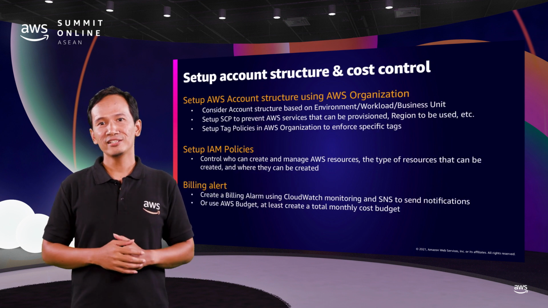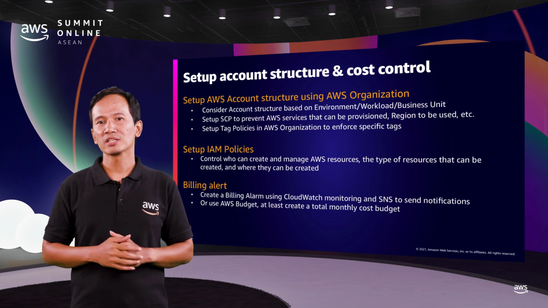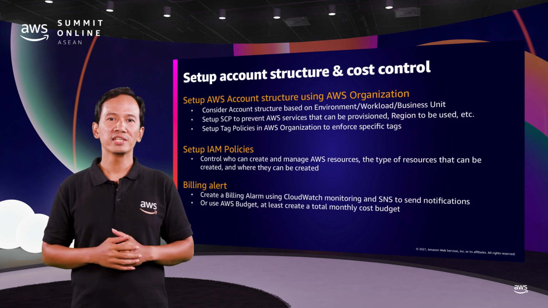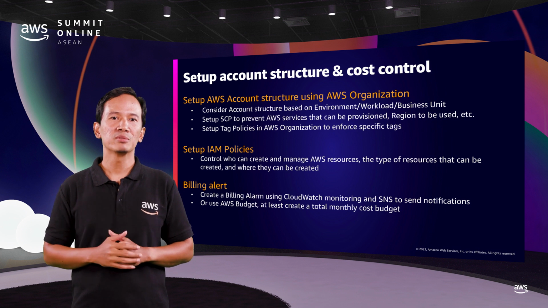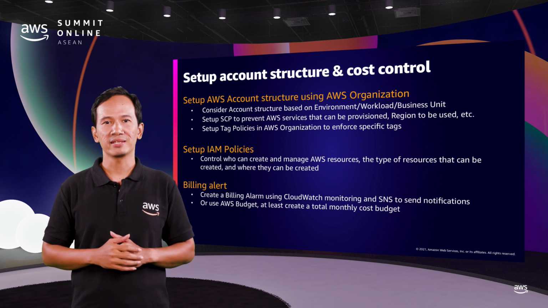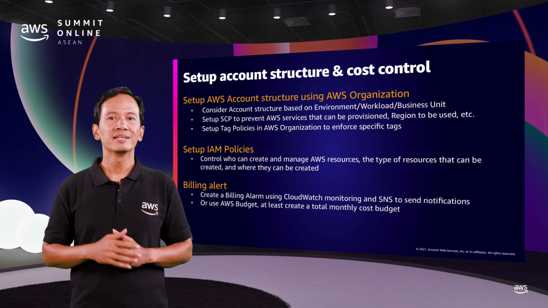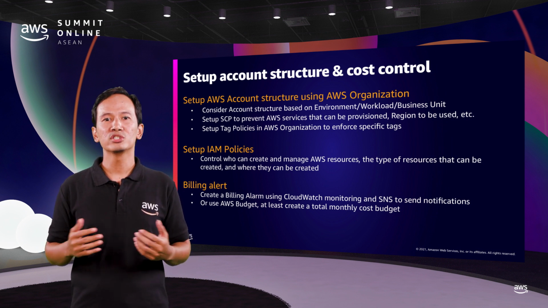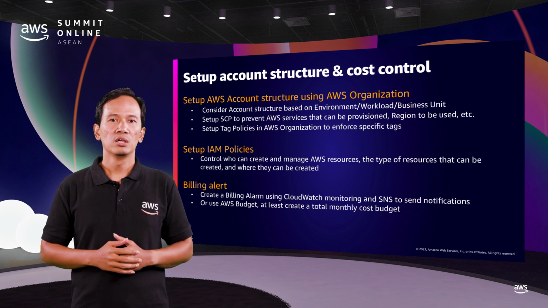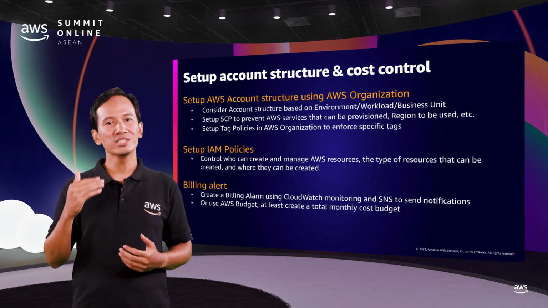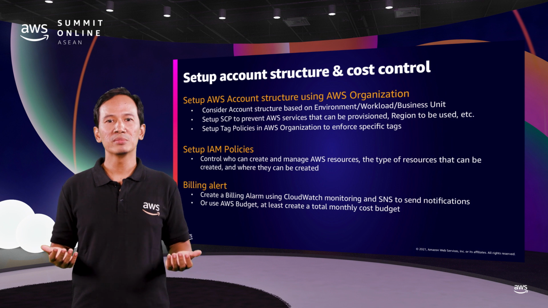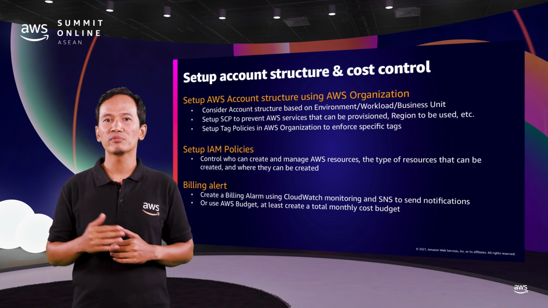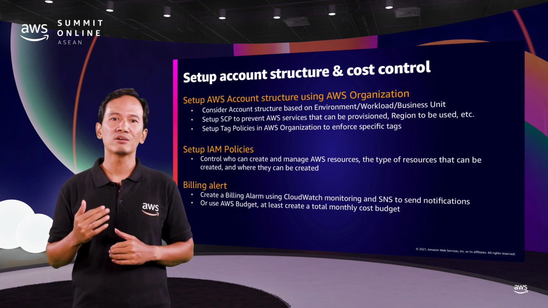First thing that I highly recommend after you create your AWS account is to use AWS Organizations to set up separate member accounts for each environment lifecycle, such as development, testing, and production. And then aggregate these linked accounts using consolidated billing. Consolidated billing allows you to consolidate payments for multiple member AWS accounts while still providing visibility for each account's resource